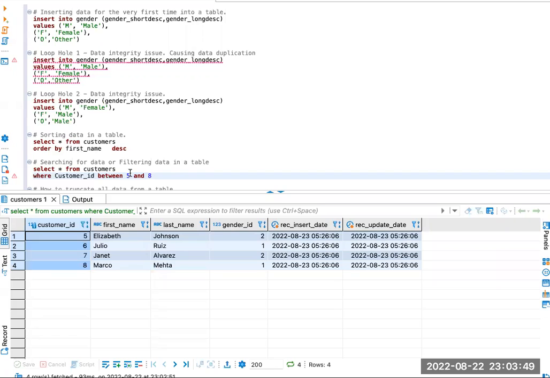Based on that, you can send them some coupons or anything that you want to attract them back into your store. I'm just giving you use cases along with the WHERE clause examples as well. There's another operator called